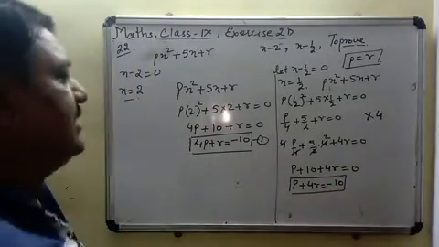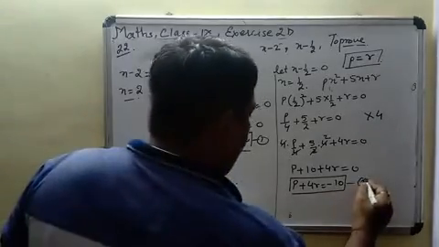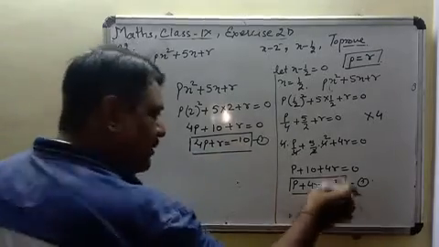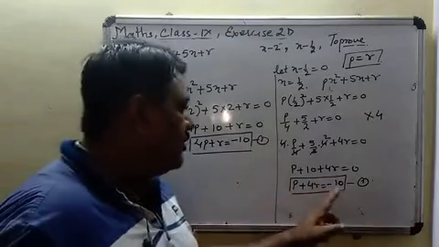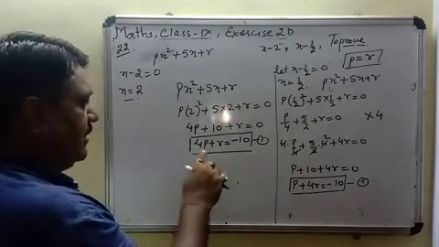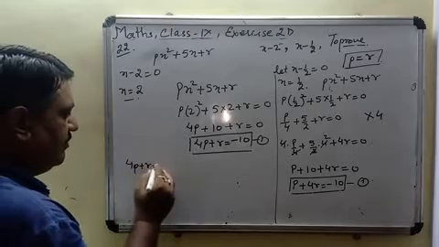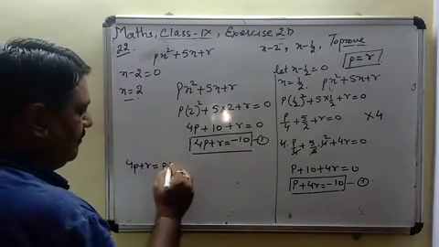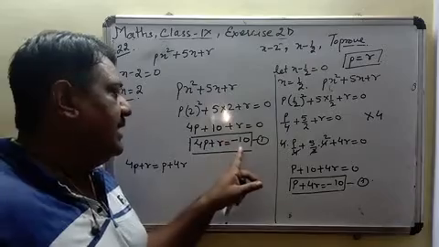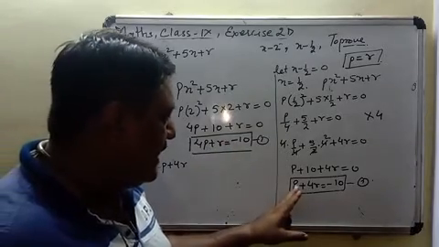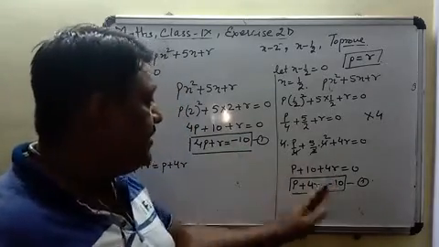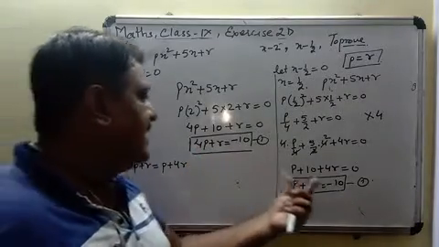दोनों इक्वेशन हमारे पास सेम आ रही है. From equation 1 and 2, 4p plus r equals -10 और p plus 4r that is also equal to -10. अगर दोनों इक्वेशन 1 और 2 का RHS बराबर है, तो उनका LHS भी बराबर होगा. दैट मीन्स 4p plus r वो इक्वल होगा p plus 4r के. फिर से समझिए इस चीज को. ये इक्वेशन नंबर 1 है. क्या है? 4p plus r, वैल्यू कितनी? इक्वल्स टू -10. यहाँ पे इक्वेशन नंबर 2 क्या है? p plus 4r, वैल्यू कितनी? -10. यहाँ भी -10, यहाँ भी -10. यानी दोनों इक्वेशन के RHS इक्वल है, देयरफॉर उनके LHS भी इक्वल होंगे.